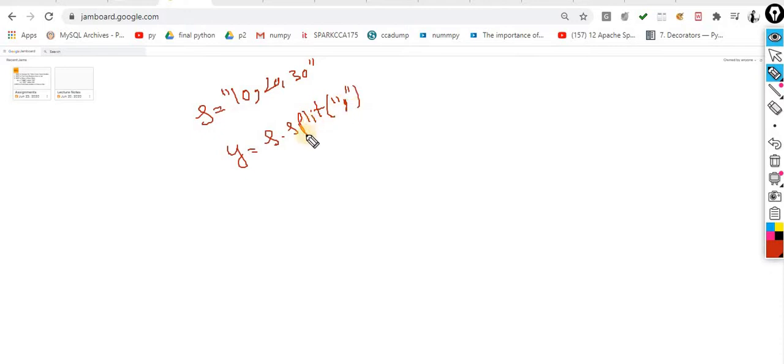The meaning of split is to break down, on whatever condition. Whenever this string contains a comma, at that point you break it, and split always returns the data in the form of a list. Now when I print y, I will get the output 10, 20, 30. So this is one way to convert your string into a list.